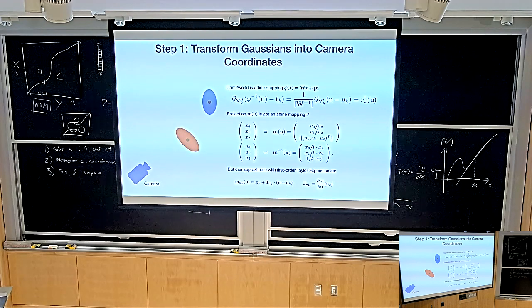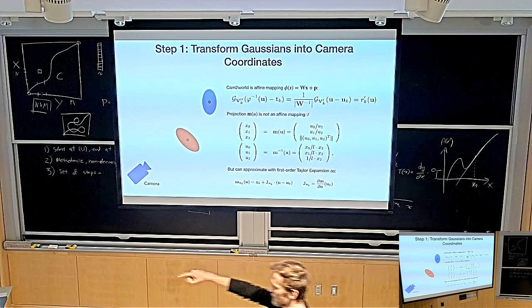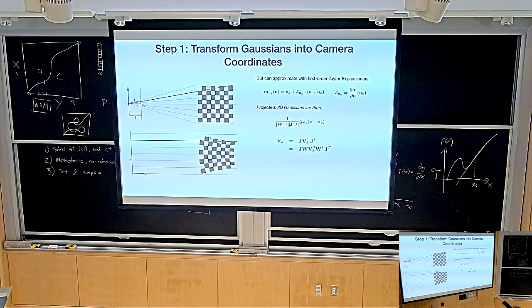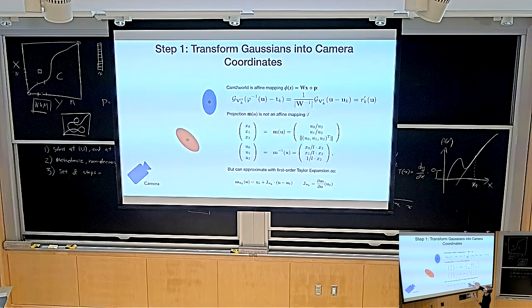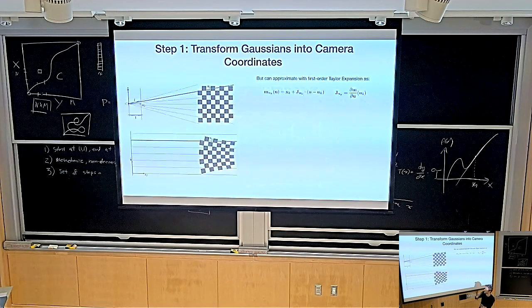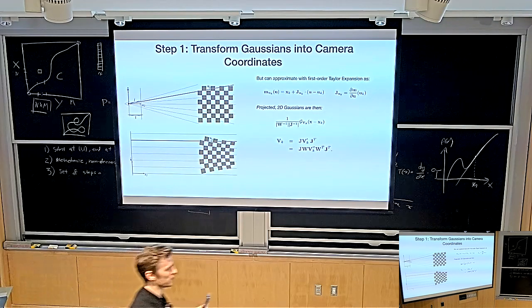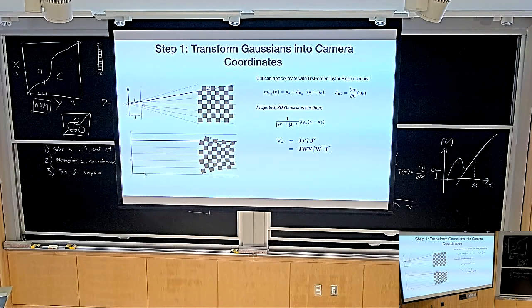So now we're in luck, because this is an affine transform, so we can stick it into the same equation that we had before. Because it's an affine transform, the same equation applies. And it turns out we can now get an expression for the 3D Gaussian after the projection operator. One thing that is maybe a little bit confusing is that when we talk about projection operators, usually we say the projection takes us from 3D to 2D. In this case, the meaning is slightly different.